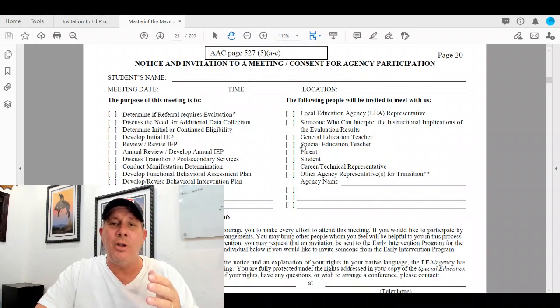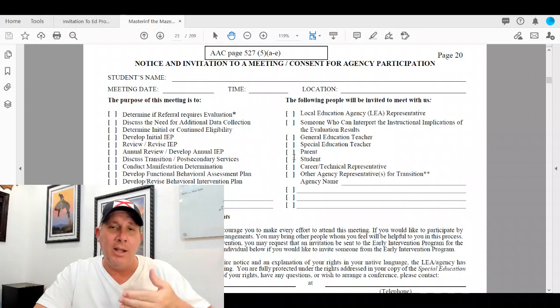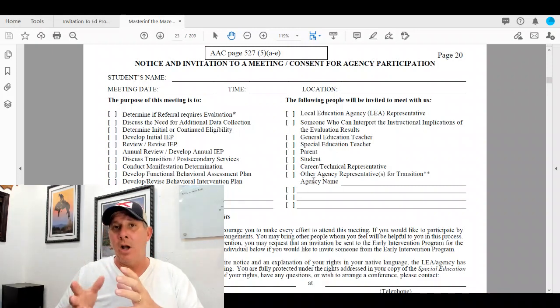Over here, you have to let the parent know who is invited from the school side. And then as the parents return the meeting notice, they'll be able to check the other boxes, including noting whoever else they're planning to invite to attend. This is not a one-sided document, okay?